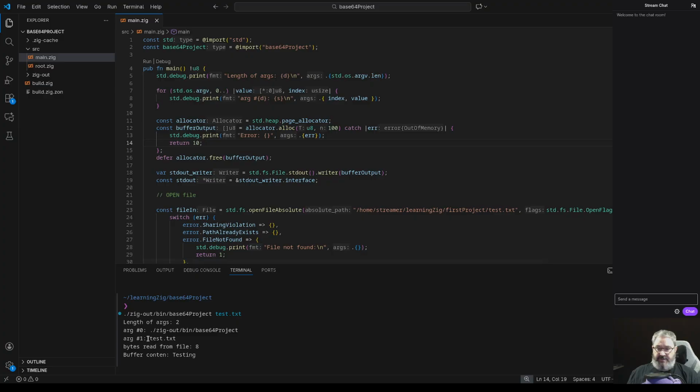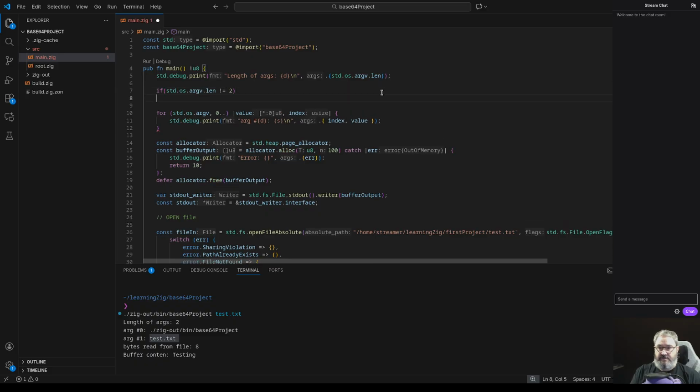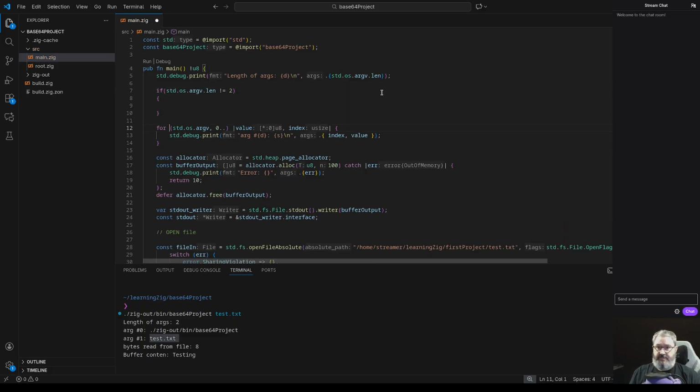We just want to be able to give it a file name, and that's kind of it. So as the first thing, we can do an error check. If this differs from 2, then